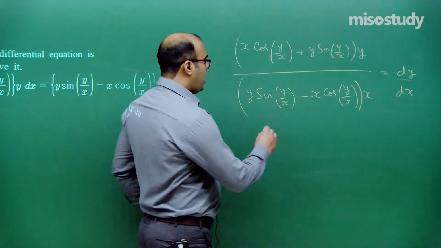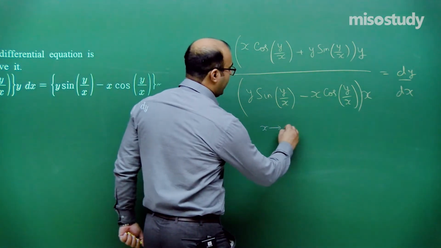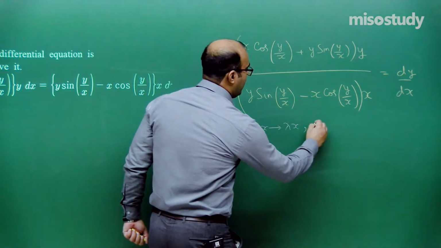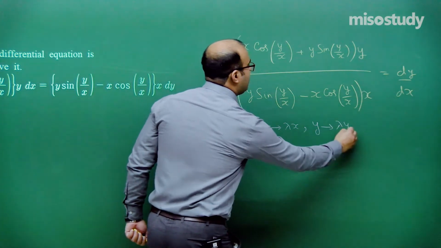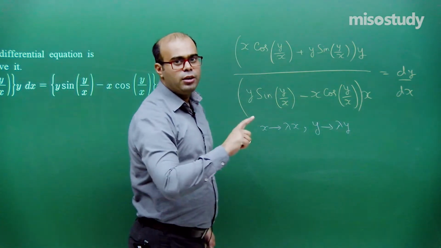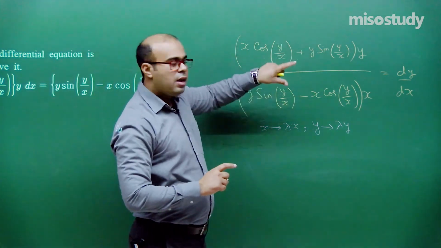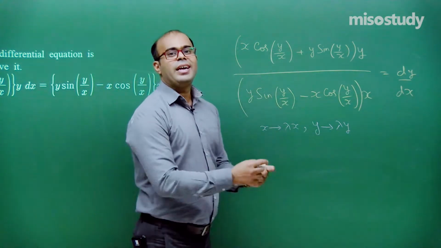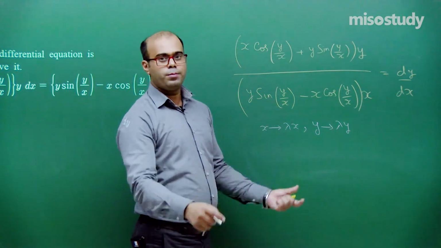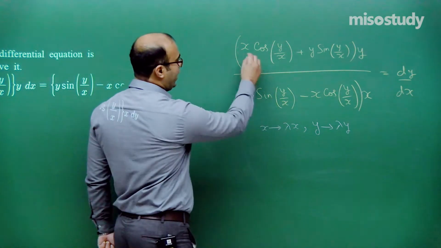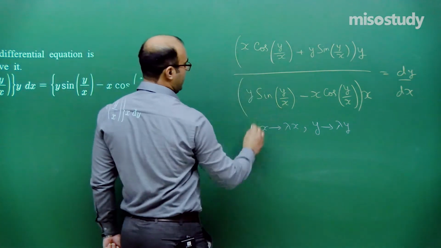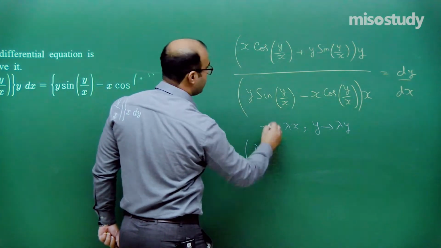What it means? If we replace x by lambda x and y by lambda y, we will get this as a function of x, y into lambda to the power 0, which will be 1. So after substituting this, we will get exactly the same function, as lambda to the power 0 is 1. So if we substitute x as lambda x, we see that here we get lambda x, here we get